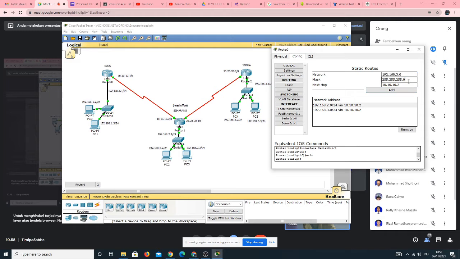And then the subnet mask we have to write manually, and the next hop is still the same because router Solo will travel through the router Semarang as the next hop, because they are connected to each other. And then click add.